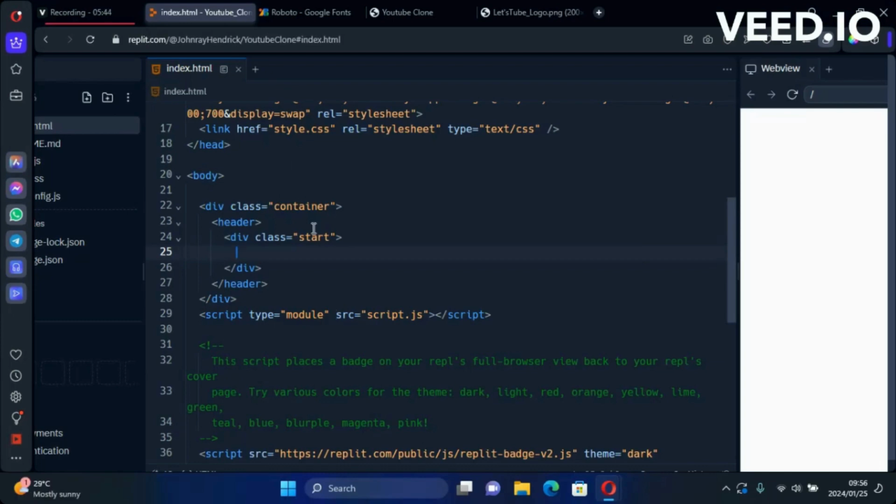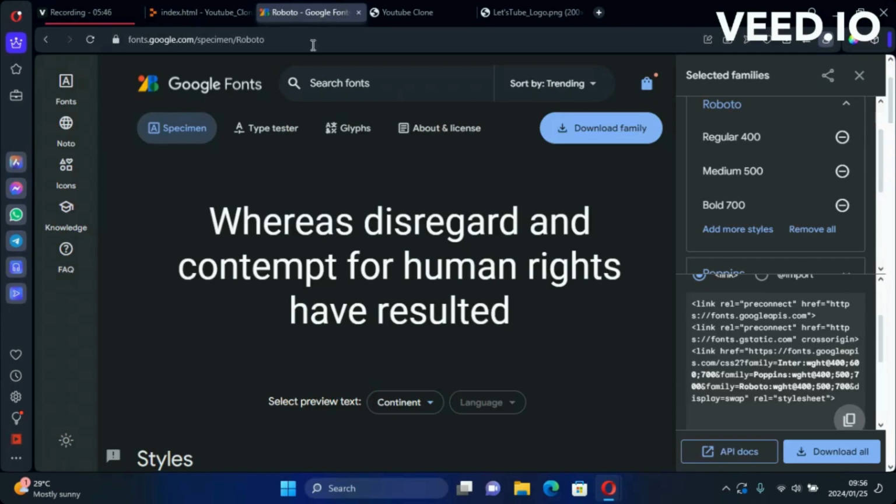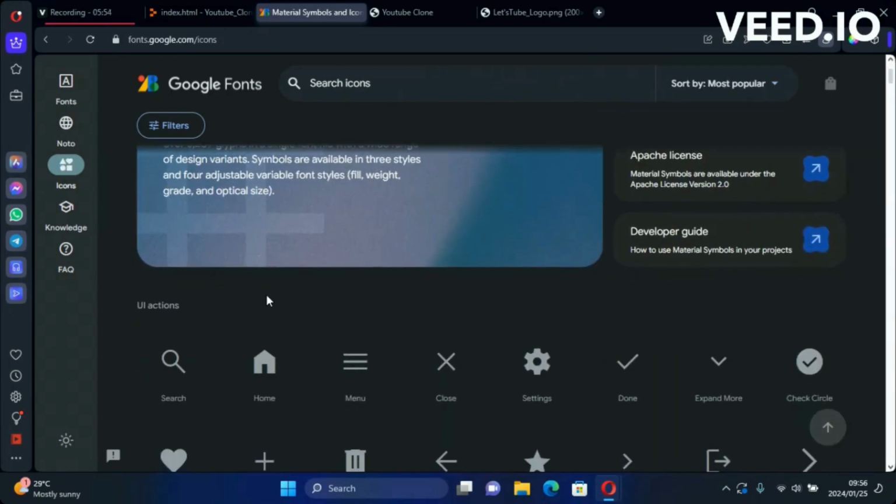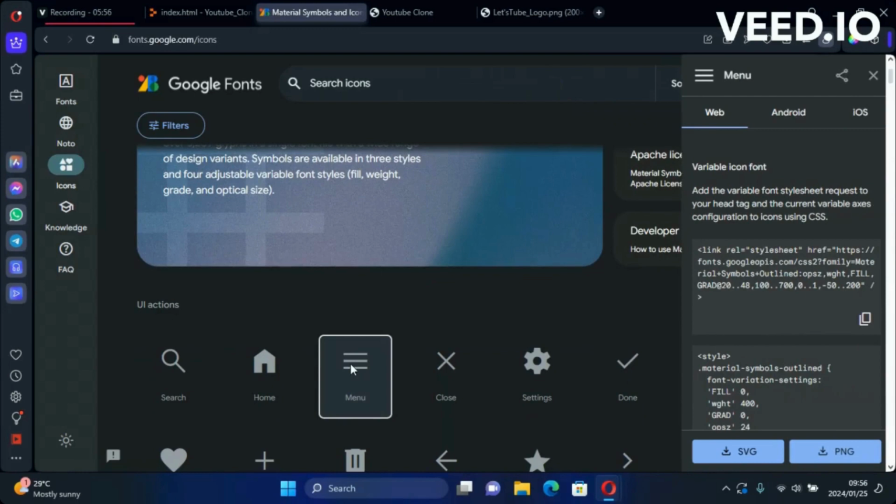So to get the menu button, you can go to the Google Font site, and then click on icons. So let's look if we have a menu. Okay, yeah. So we do have a menu